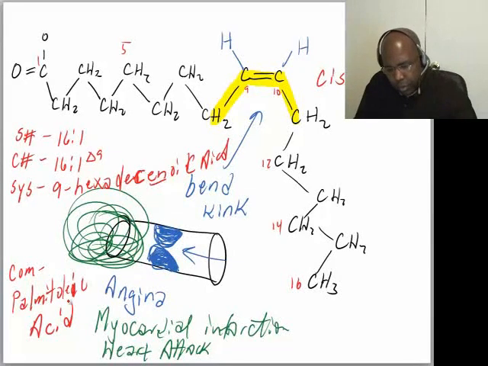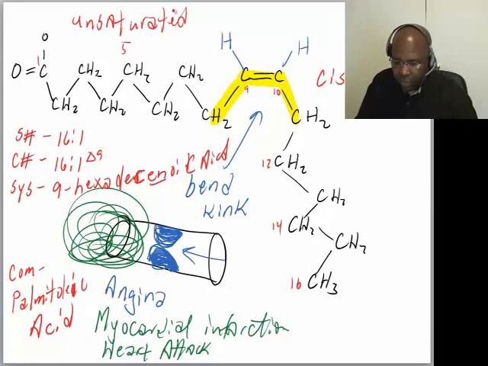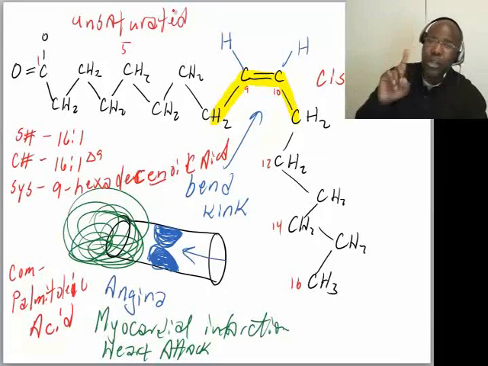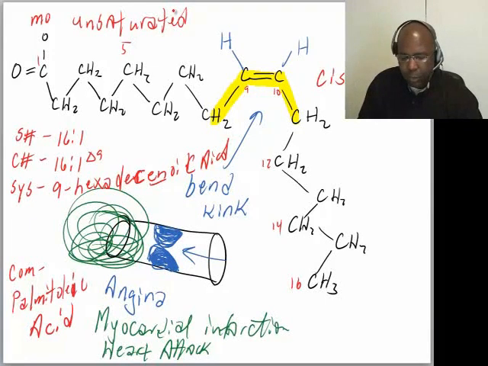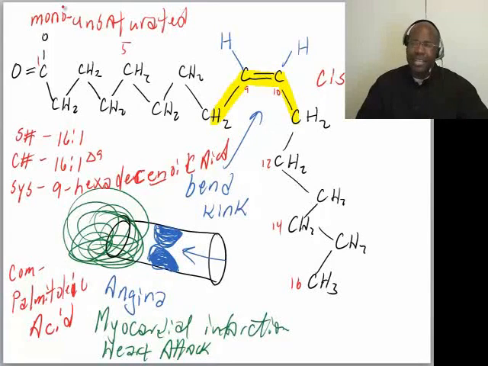So it's unsaturated. It's unsaturated because it has a double bond, but because there's only one double bond, we can say it's monounsaturated. And at some point, probably not in this lecture, we're going to talk about polyunsaturated fatty acids that have a double bond in more than one location. And so this is all we're going to say about palmitoleic acid, a very common unsaturated fatty acid found in biological